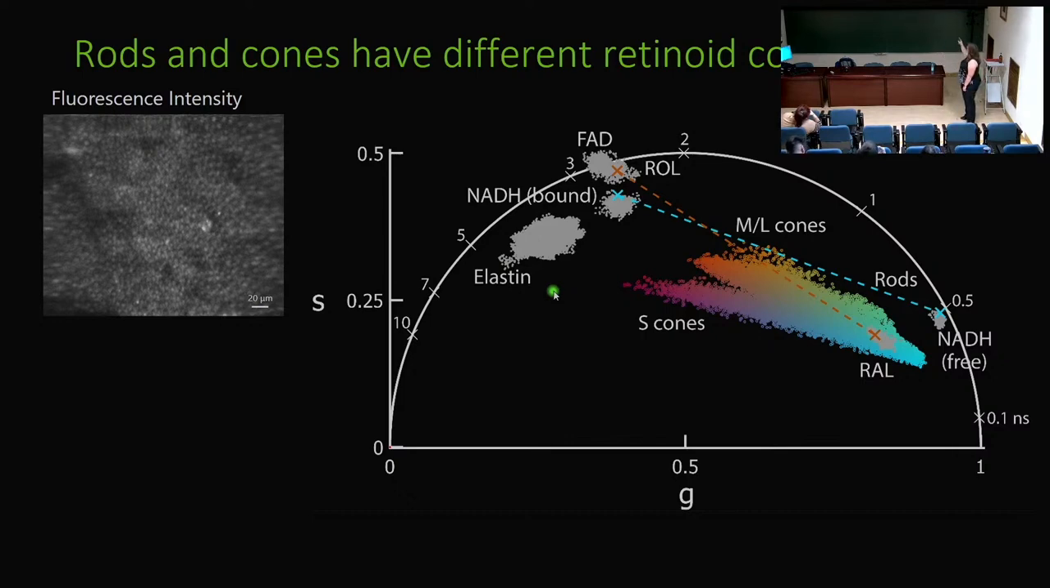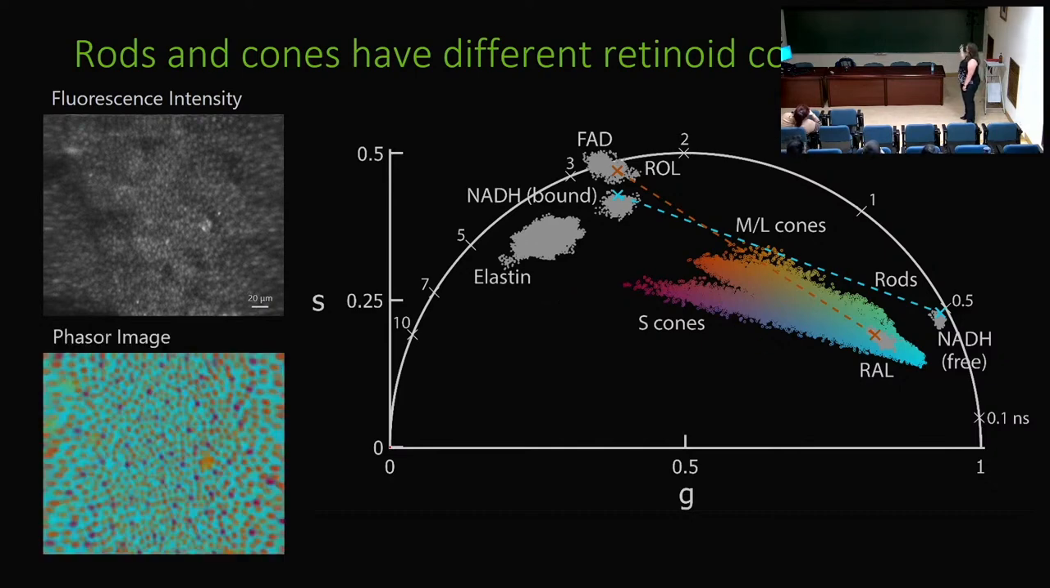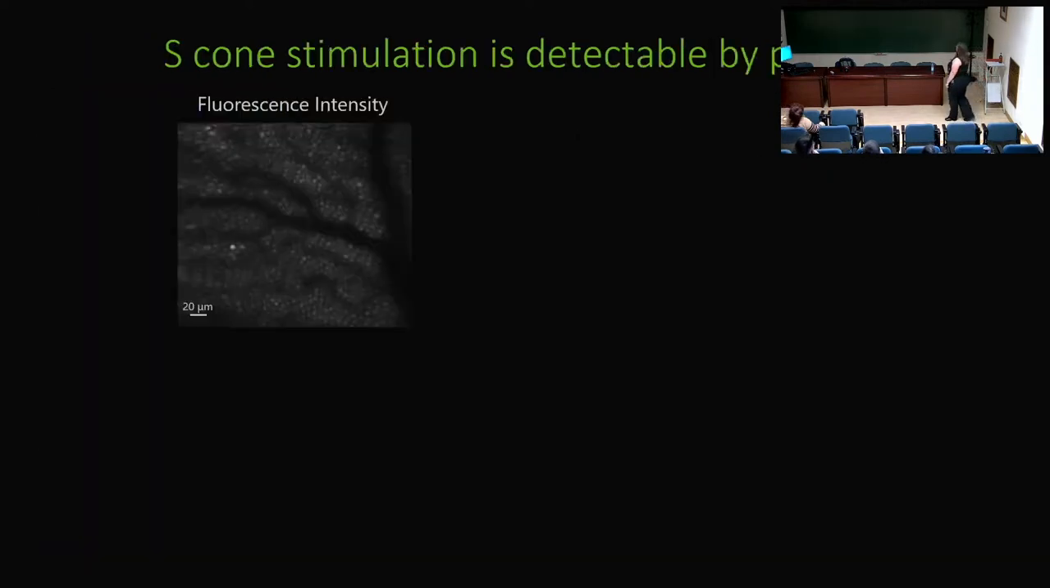We color-coded the phasor fingerprint, or the phasor map, that you can see here, and if we take that color code and then reapply it to our fluorescence image, then we have what we call a phasor image, which shows the color coding. You can see here very clearly the delineation between the rods, the ML cones, and the S cones. So as we start to probe S cones a little bit further, we found that they changed with